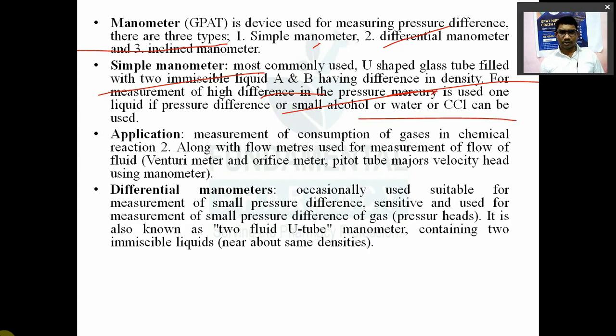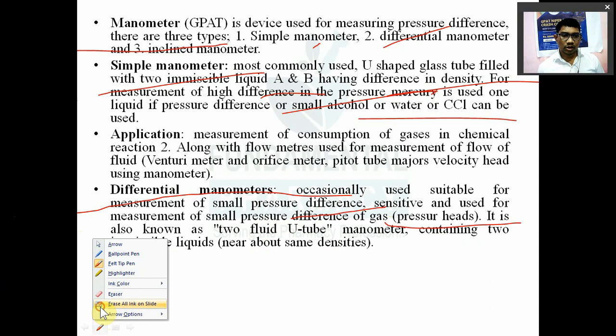Differential manometers are occasionally used. They are not routinely used for the measurement of small pressure difference. They are sensitive and used for the measurement of small pressure difference of gas. तो उसका use है to measure the pressure heads. So differential manometers are mostly used for the measurement of pressure head, measurement of small pressure difference in the